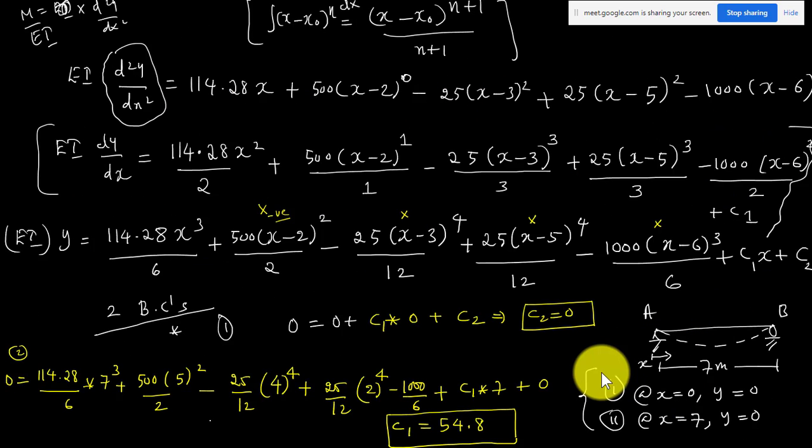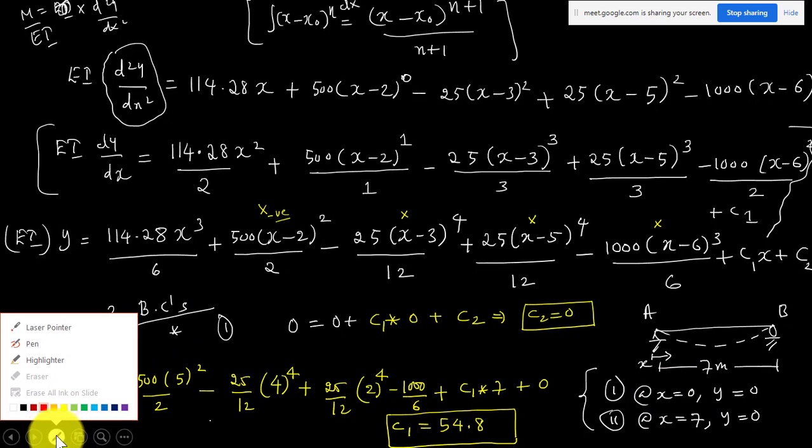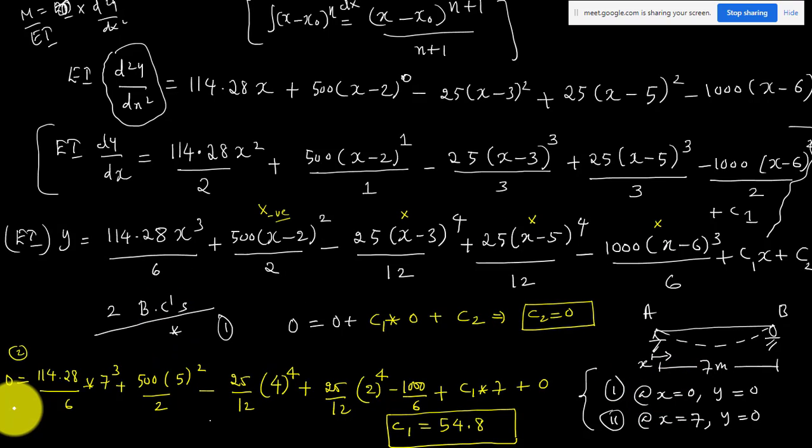So you can take that condition, but there is no fixed rule that you have to take a particular set of boundary conditions. It is not like that. These are two boundary conditions in terms of deflection, and if you use these two, how many unknowns do I have? I have two unknowns, C1 and C2. To solve these two unknowns, I have to form two equations, and I can simply form them from these two conditions.